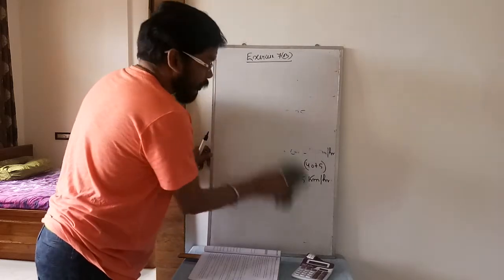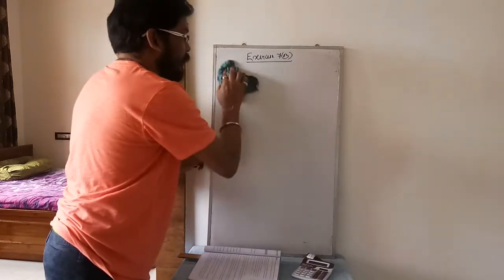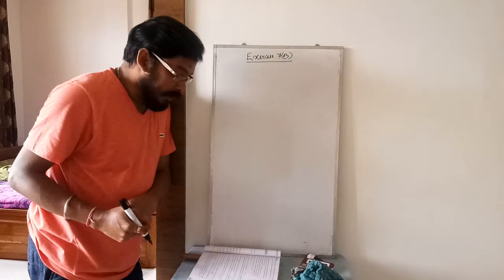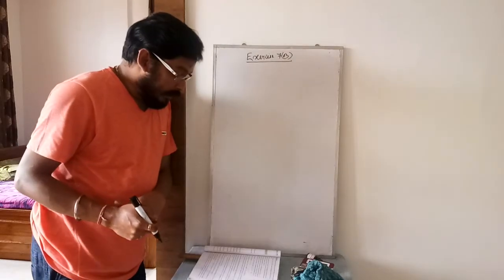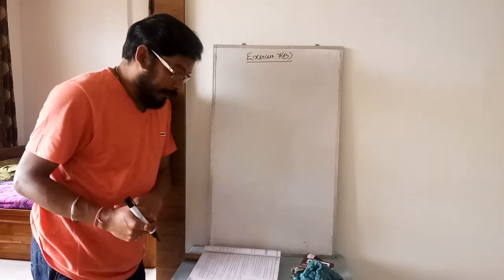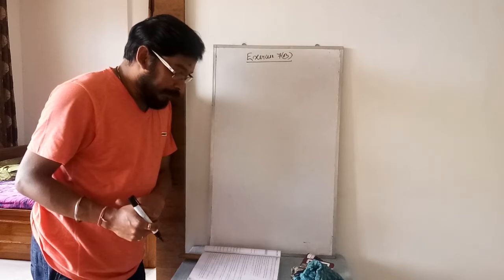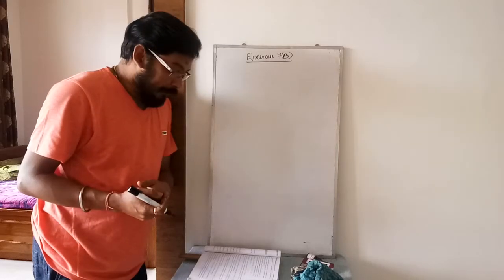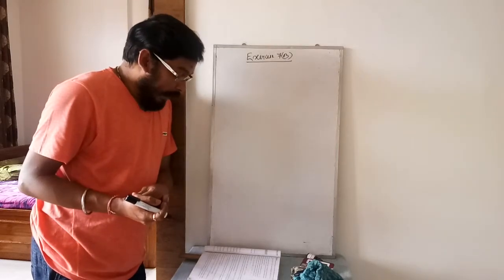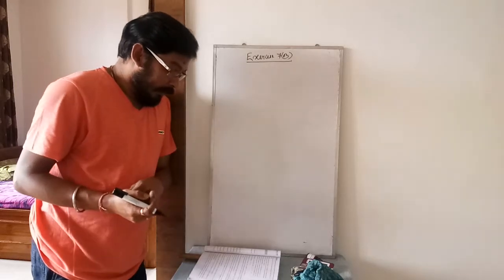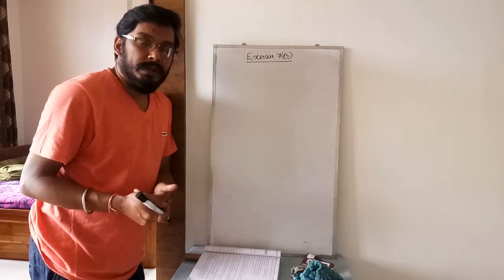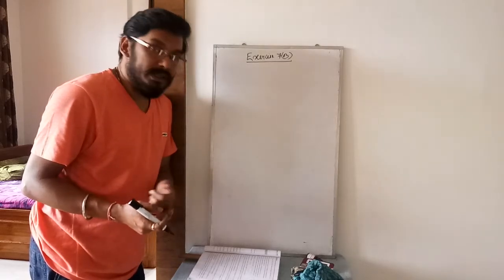Next is your question number 18. Question number 18, what do they say? Two automobiles start out at the same time from cities 595 km apart. If the speed of one is 8 by 9 of the speed of the other, and if they meet in 7 hours, that means both the cars have traveled for 7 hours. What is the speed of each?